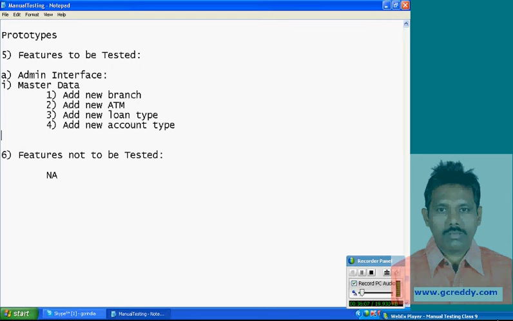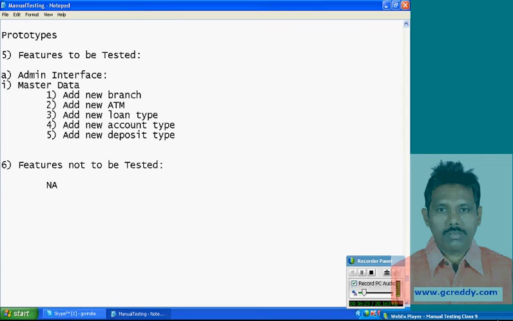Next, add new deposit type, term deposits like new deposit type, etc. Okay. Next